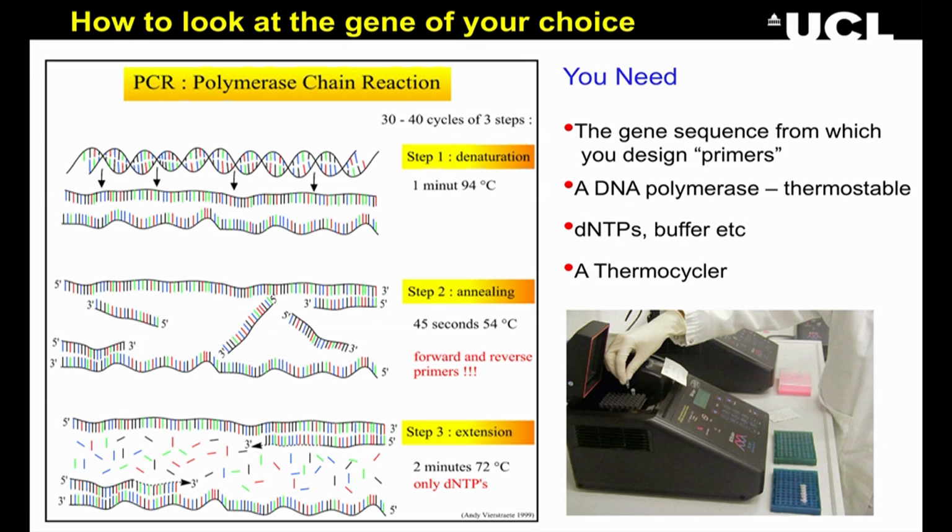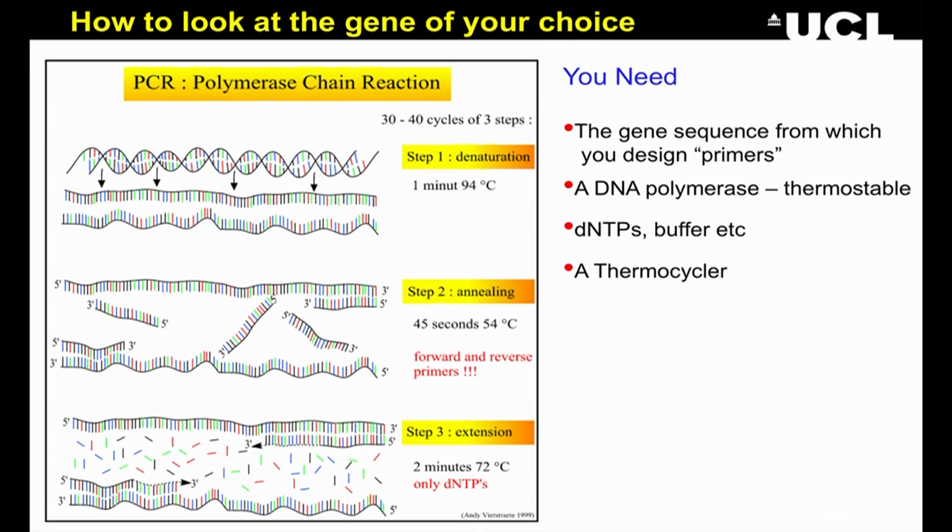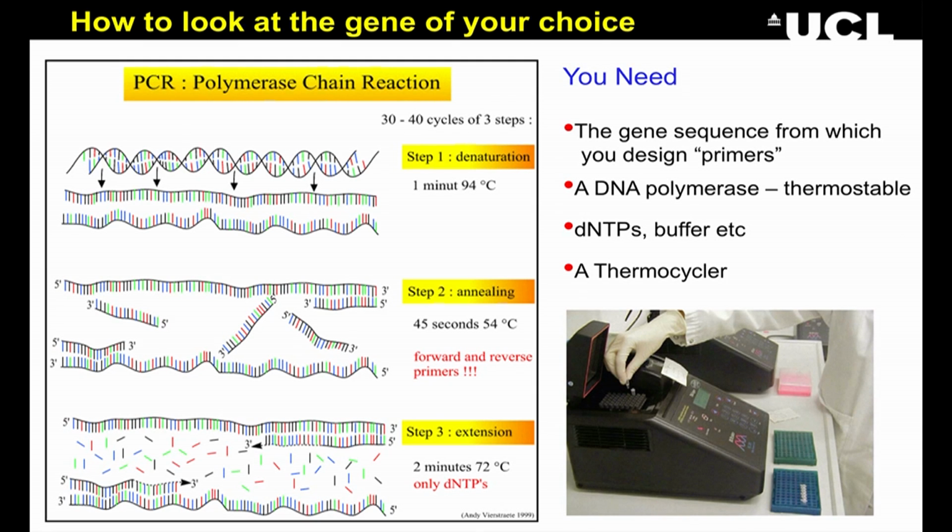So how can we look at a person's genes? So what we use is something called the polymerase chain reaction. And I'll just spend a couple of minutes telling you about this because it's so clever. What you need is the gene sequence that you're interested in, and from that you design what are called primers. They're homologous to a short region of the DNA, the sequence of that gene, 20 or so bases. You then need an enzyme that will copy DNA, and it's useful if it's thermostable. I'll explain why then. You need the dinucleotides, buffer, energy, and you need a machine called a thermocycler,